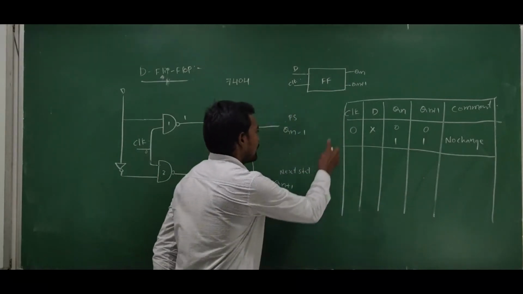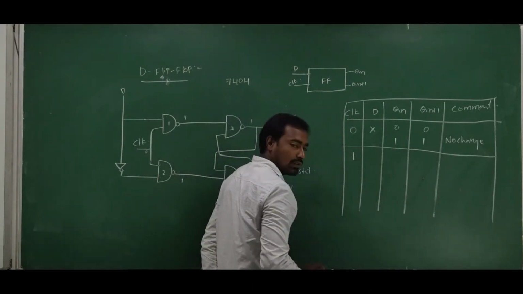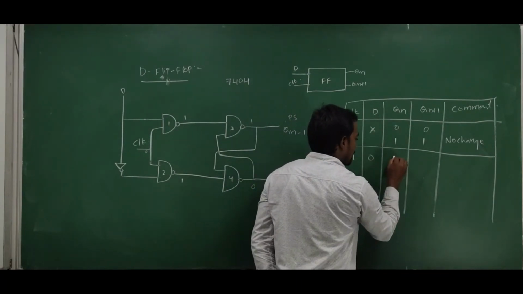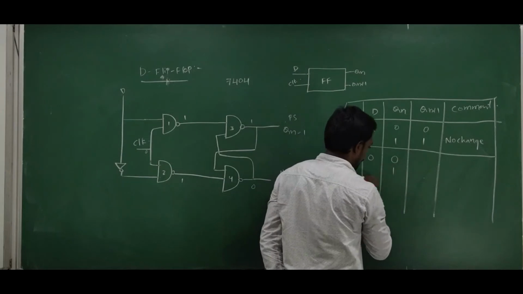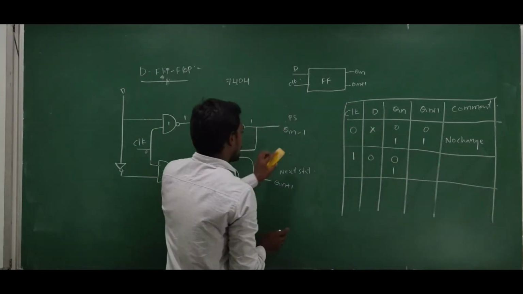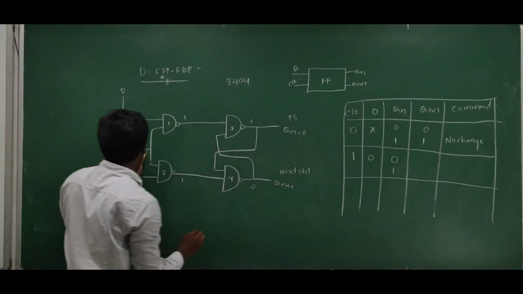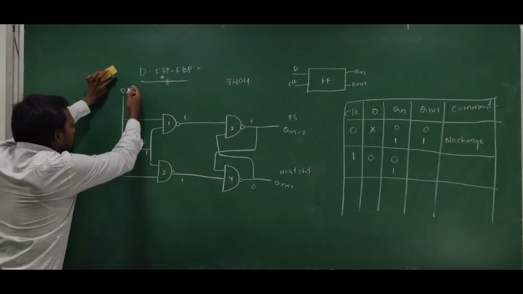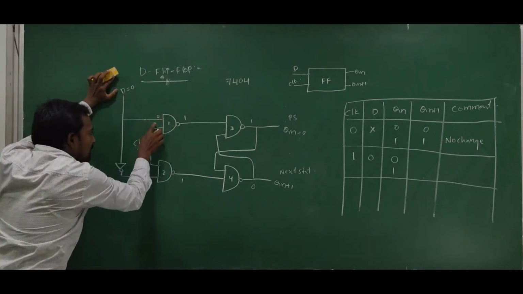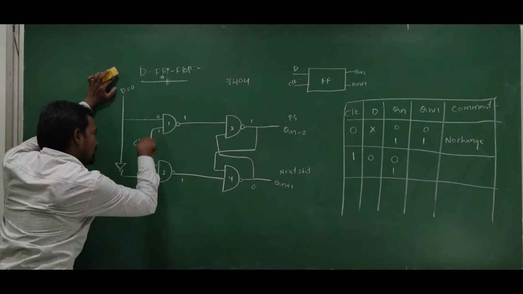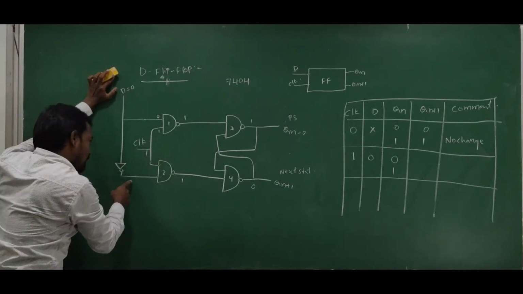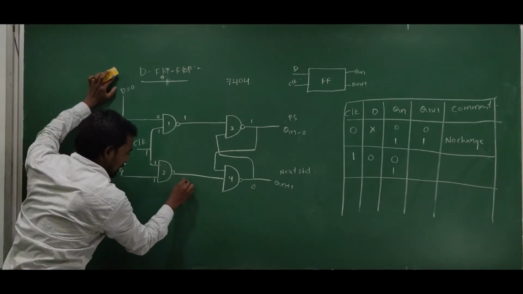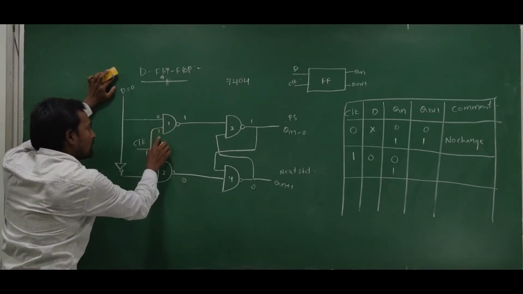Okay, no change. And here I am giving the clock signal is equal to 1 and D input is equal to 0, and we have the Qn is equal to 0 or 1. Qn is equal to 0 and the clock signal is equal to 1 and D input is equal to 0 here. So 0 is applied for the first NAND gate as well as 1 input here, and 0 complement is equal to 1. 1 cross 1 equal to 1. 1 complement 0, and again 0 cross 1 is equal to 0.